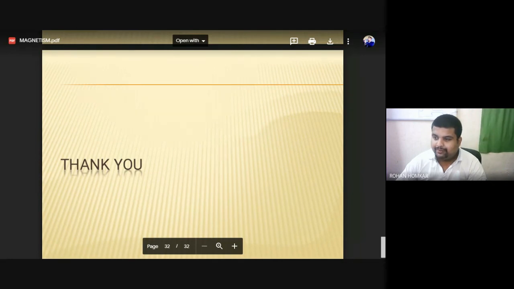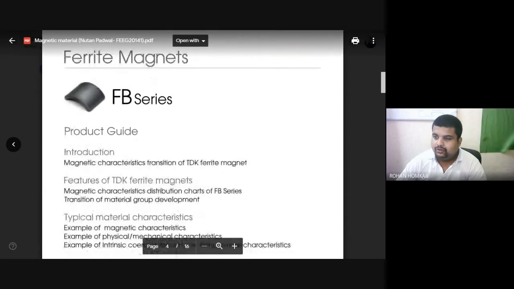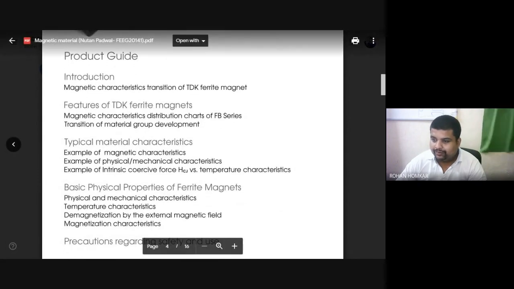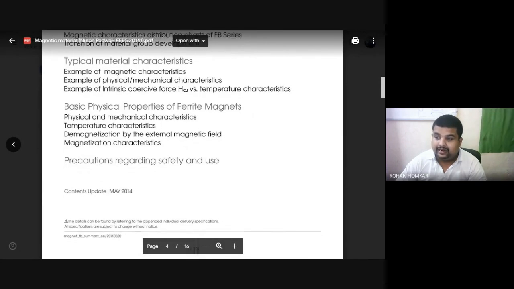I will show you a sample of a data sheet so that you can understand. You can go with any other material also, like any other company also. This is a TDK material. It has ferrite magnets, the ferrite FB series. Then you get all the product name, features, material characteristics, basic physical characteristics.